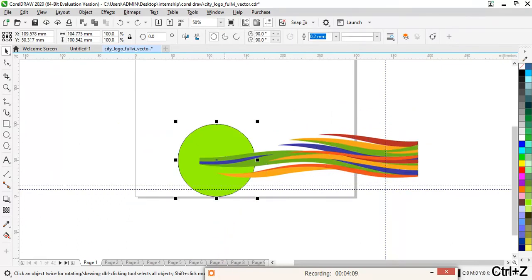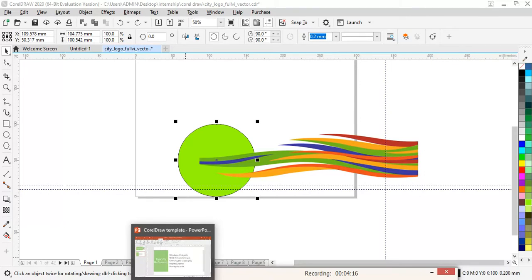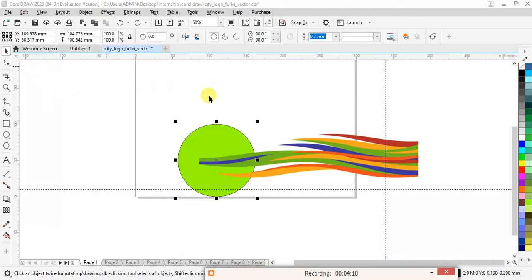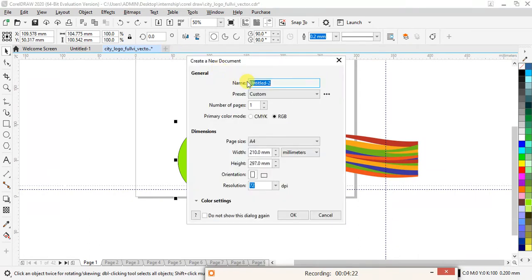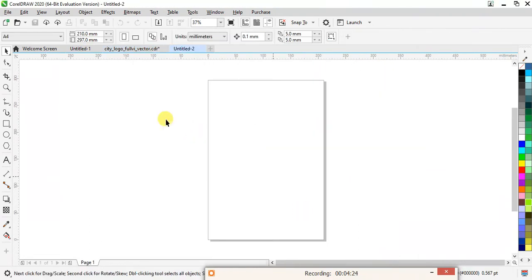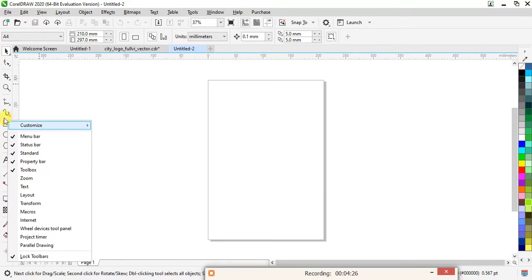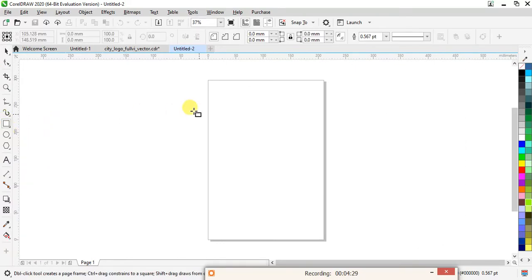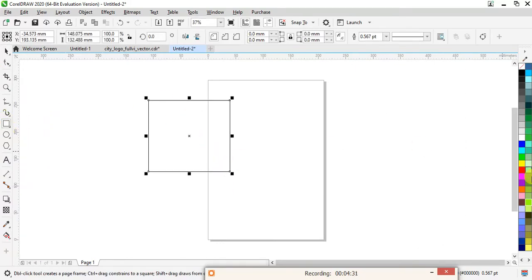Now our next option is weld, trim and intersect. For welding, trim and intersect, we need different objects together. Let's take a new file. I have one file over here, and I will draw objects over it.